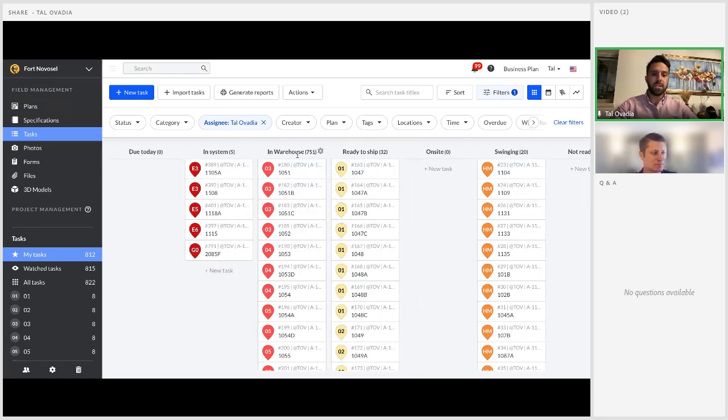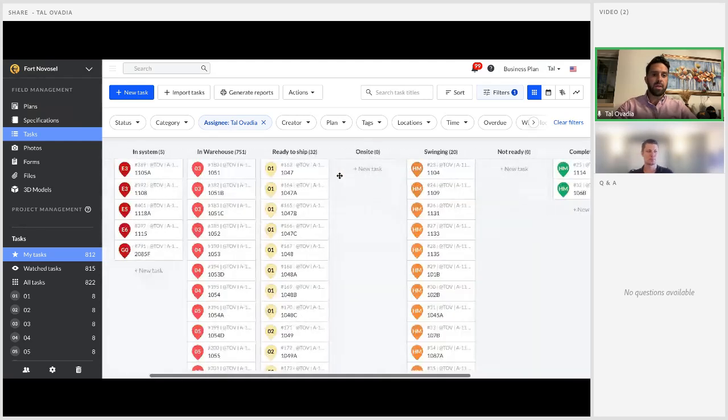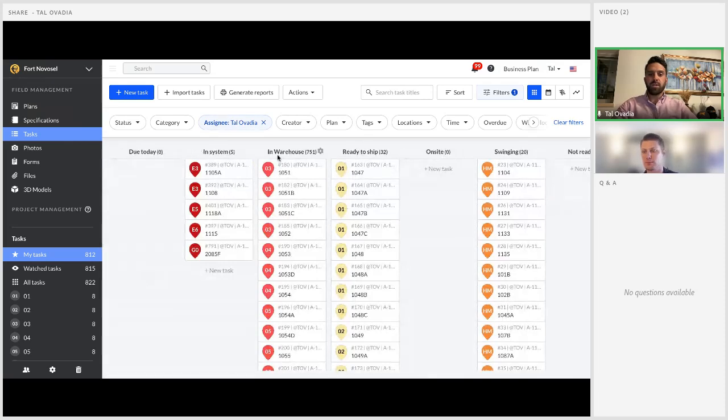Now, statuses are a way for us. Fieldwire has some standard statuses, and you can edit these and create your own. And there's a bunch you can have now. I think it's up to 15 or 18 different statuses. And we track these for our project. So this is something that changes from a project that is directly in the field versus a project that's coming through our warehouse.